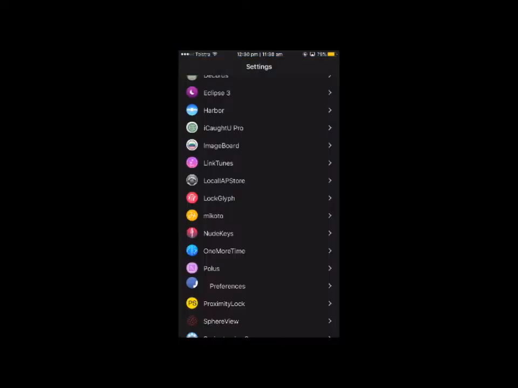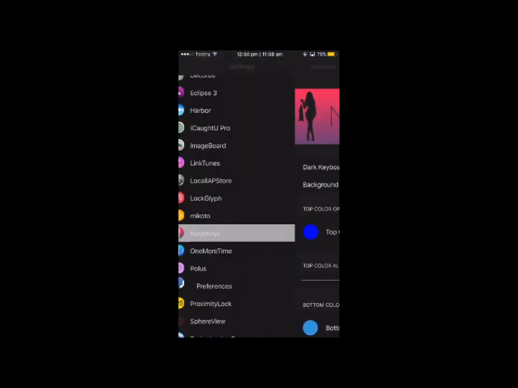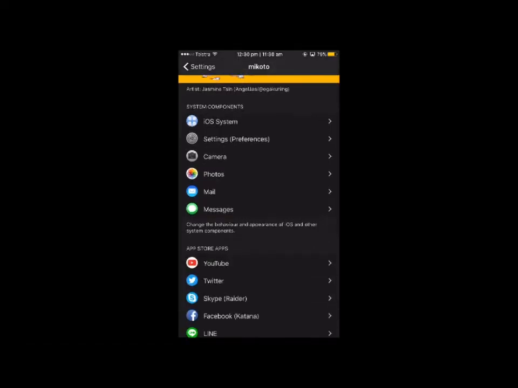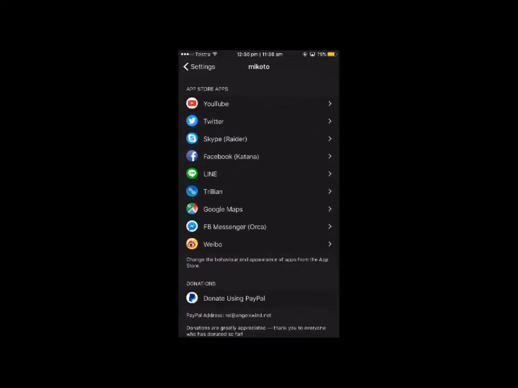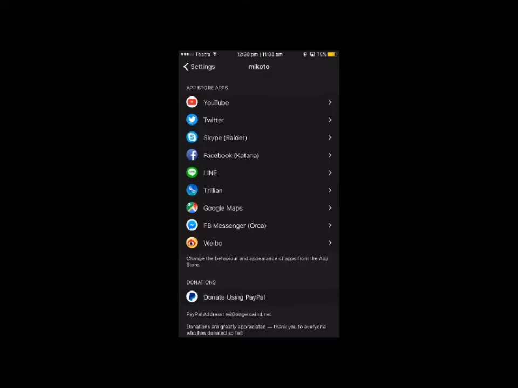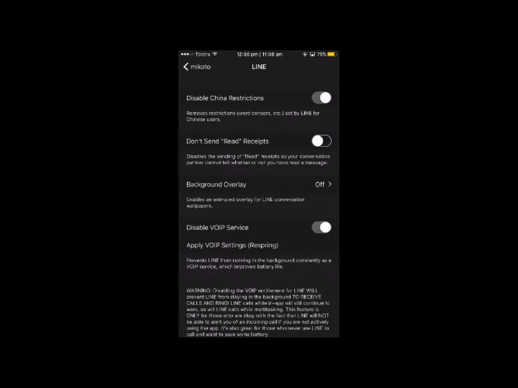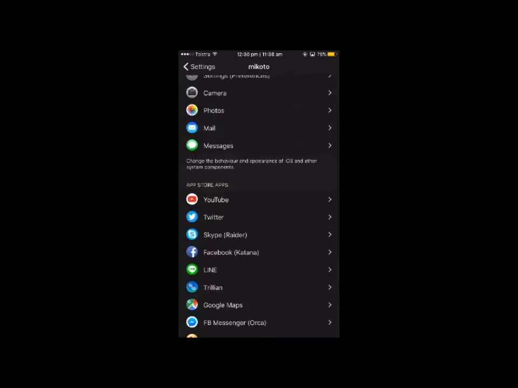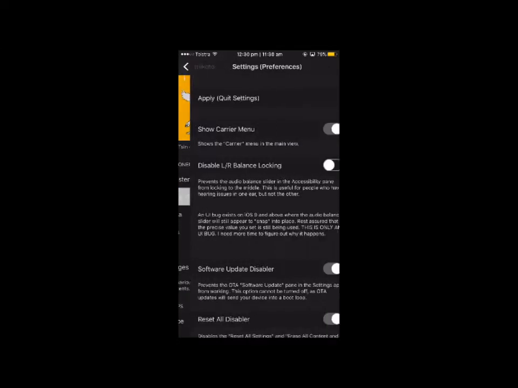Now next up is called Makoto. This lets you change certain things inside of iOS. It's like a Springtomize, but also for system apps. As you can see, there's all these ones. I have Line, and I've done disable VoIP, which stops it from wasting battery when you're not using it, in other words. And there's a few other things, preferences,